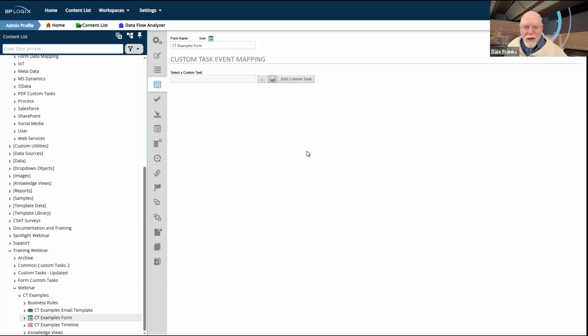Now, that particular custom task, I understand, only works in a form, so you could only run it there. But that's the example of a type of custom task that just has no impact at all on how the process is supposed to run. In fact, in that particular case, it's imposed ideally before the process even starts, because it's going to prevent you from submitting the form if your data doesn't validate the way it's supposed to. So if it is unrelated to the process itself, you can run it off of the form.